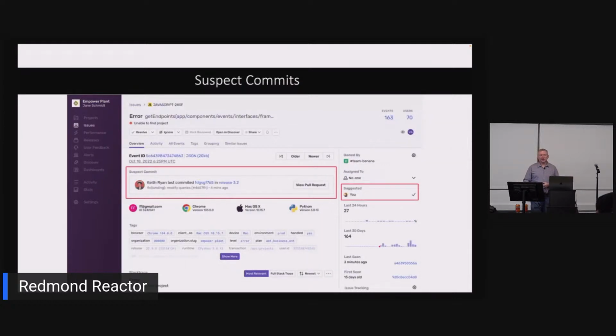This is something that is coming to .NET, but Sentry has it for a lot of the other APIs, so it's coming to .NET real soon. Engineering work needs to be done. But basically what you do is you tie Sentry to your source control, whether that's GitHub or Azure DevOps or GitLab or whatever. We have integrations for all the major providers. And as it starts noticing versions of how things are actually being deployed and the timestamps of when they're being deployed, and then the bugs coming in,